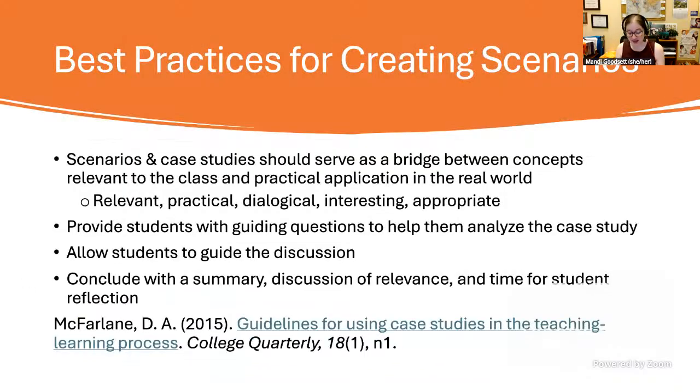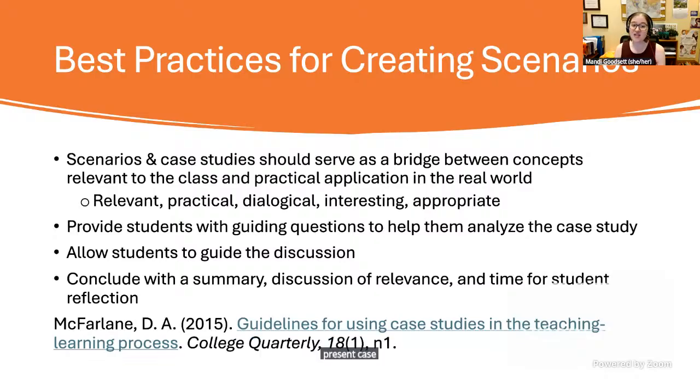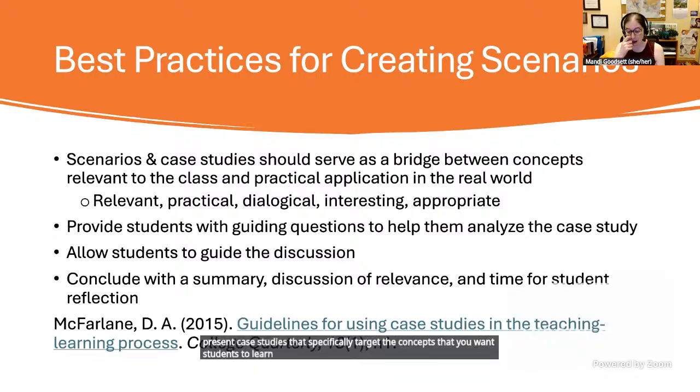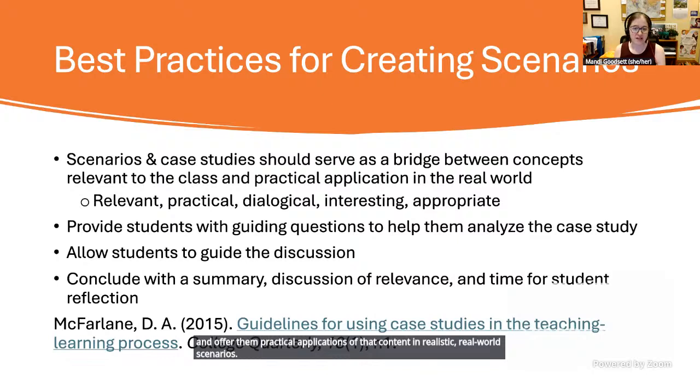While discussing a scenario in the classroom might seem like a pretty simple, straightforward activity, students actually really do need guidance in how to get the most out of this exercise. So as the instructor, make sure to present case studies that specifically target the concepts that you want students to learn and offer them practical applications of that content in realistic real-world scenarios. And reading about this in the research,